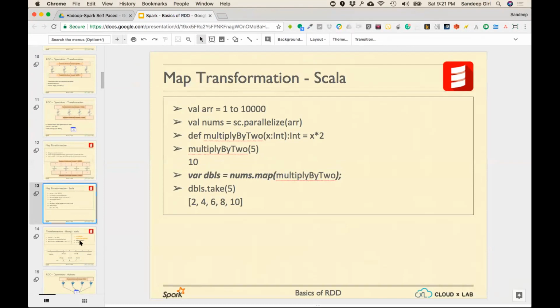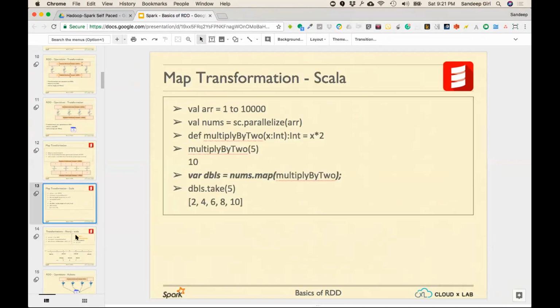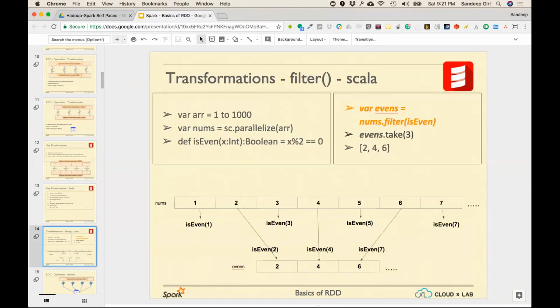Yes, parallelize will send it out and collect will bring it back. All right, now let's talk about some more transformations. There is another transformation provided to us called filter. What does filter do? Filter basically applies the provided function to all of the records, and if that function returns true for a record, that record is